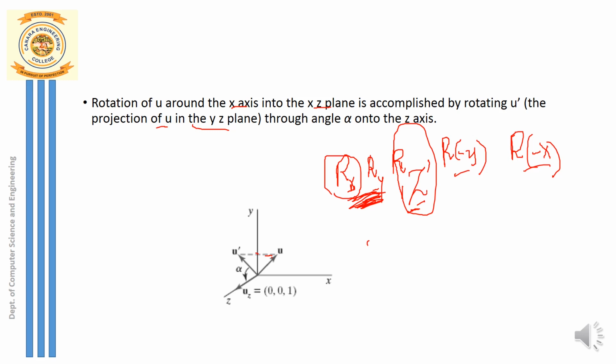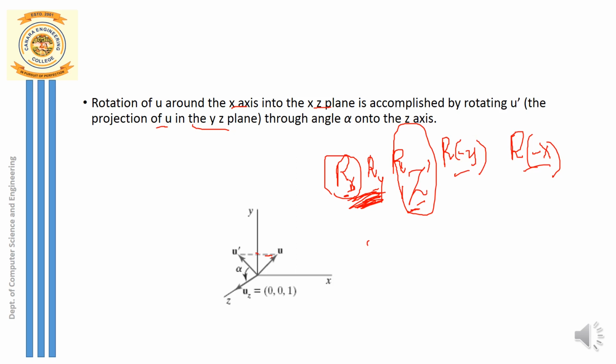Now this is represented by u dash, and what is this plane? It's opposite to the xy plane. What is that plane? It is yz. So if you want to carry out the rotation along the x-axis, you have to calculate the components of rotation in the yz plane. So for the x-axis you have to calculate the components in the yz plane, the opposite plane.